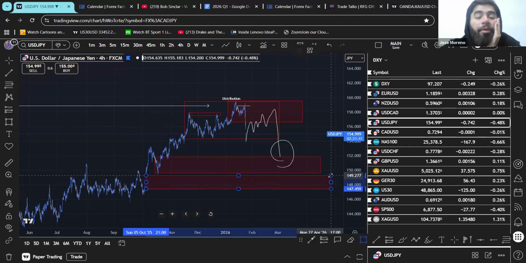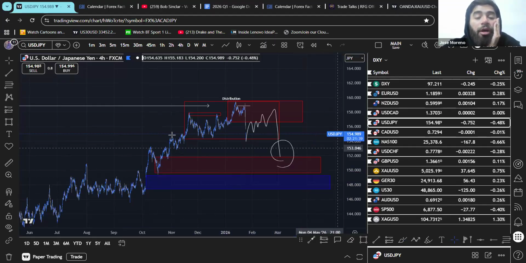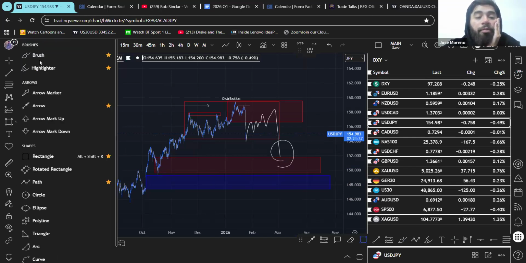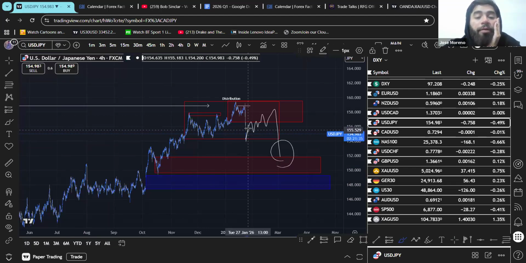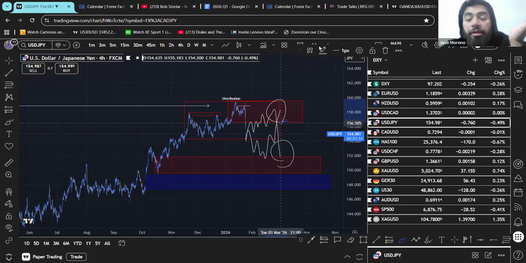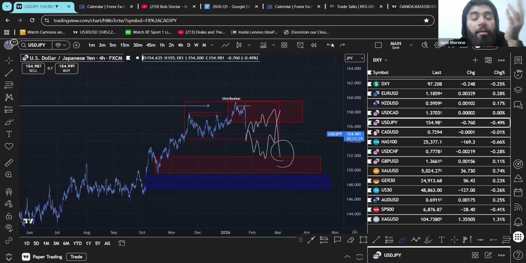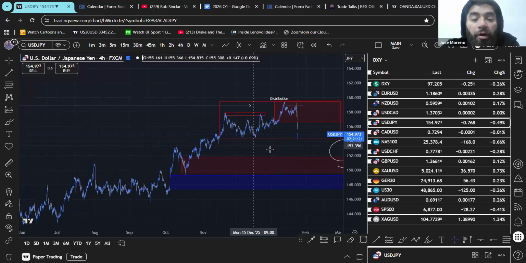But if we continue to come lower, and let's say we don't get up there and then we just start to sweep down and then we get up there, that's going to be a completely different situation, because then we could have seen that maybe the market reaccumulated. So context is very important: what happens to price when it comes into our zone? What did price do before?